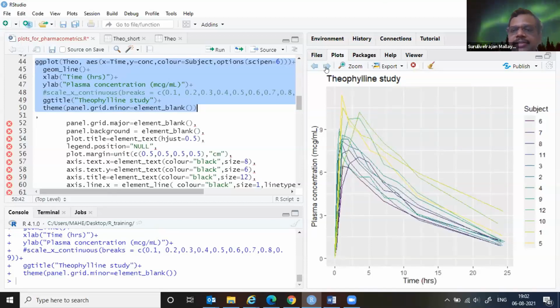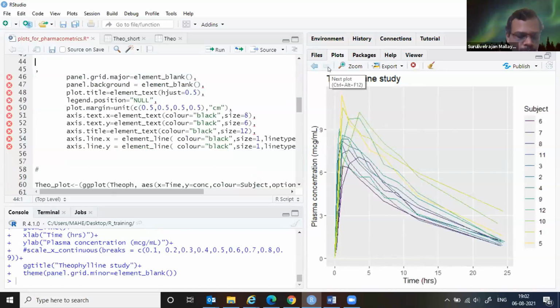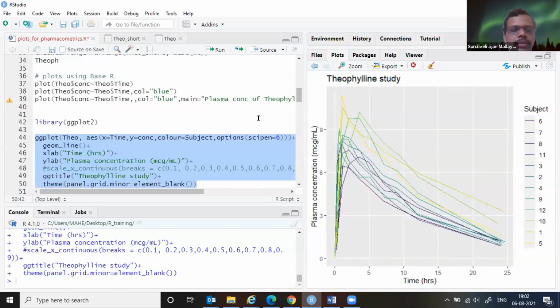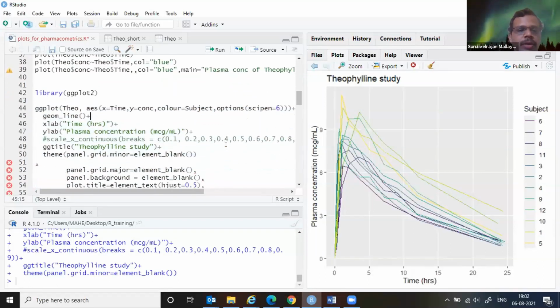The major grid lines have disappeared. That's what is happening at this line of code. So it's helping a bit, but not great.